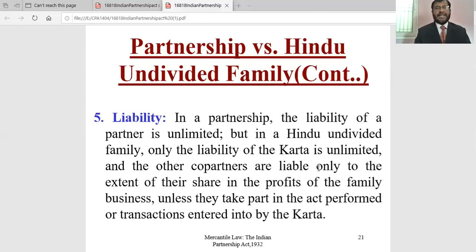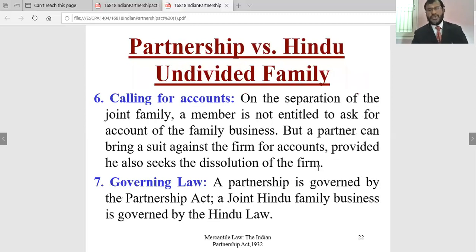Sixth parameter, calling for accounts. On separation of a joint family, a member is not entitled to ask for accounts of the family business, but a partner can bring a suit against the firm for accounts, provided he also seeks dissolution of the firm. It is very clear. A partner can ask for the accounts of the firm if he asks for a dissolution, but it is not so for a person who was